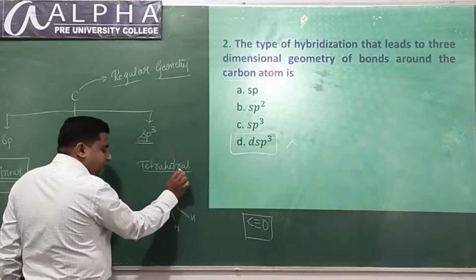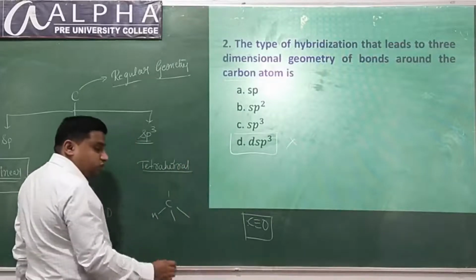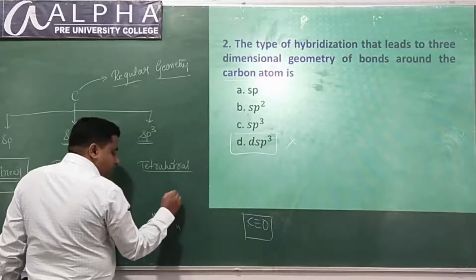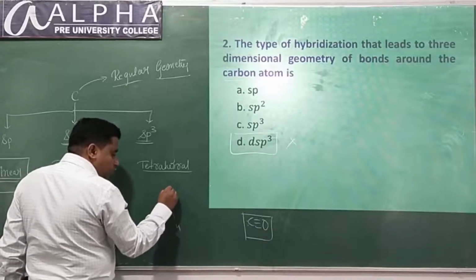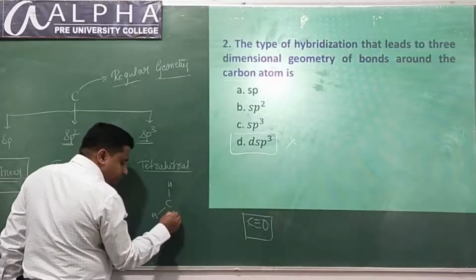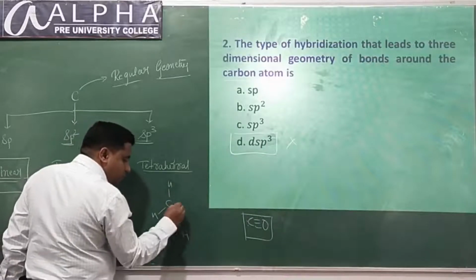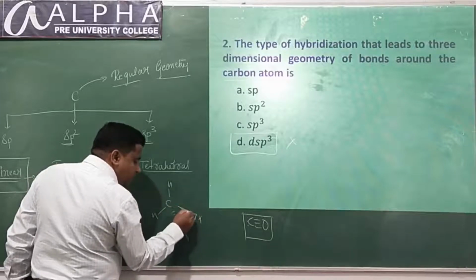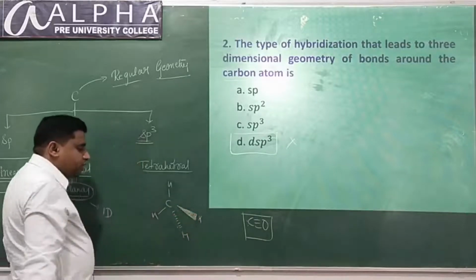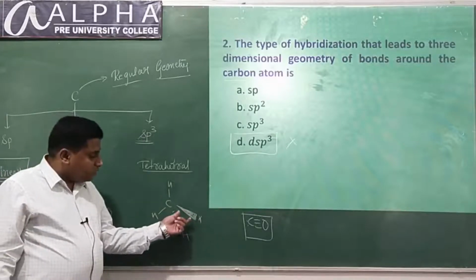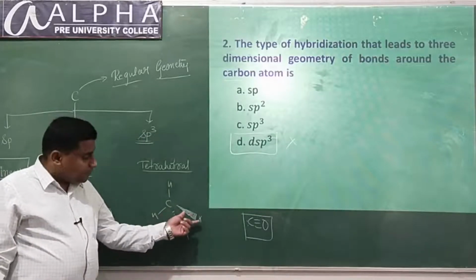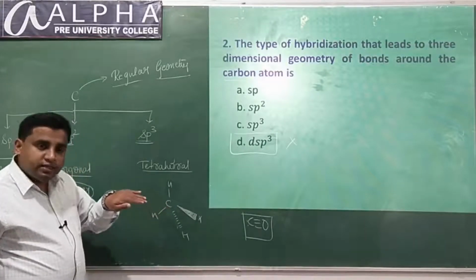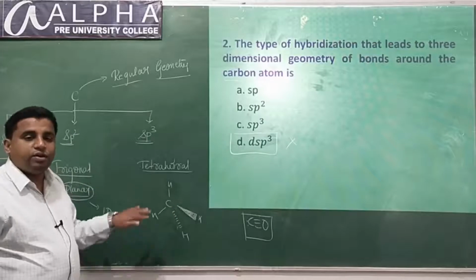But if you talk about tetrahedral geometry, for example methane, we will actually write the three-dimensional structure of methane like this. Hope you know this very well. This is the wedge formula. What is the meaning of this? What does this solid line represent? The solid line represents that this hydrogen is towards us, and the wedged line represents that the hydrogen is away from us, away from the observer, correct?